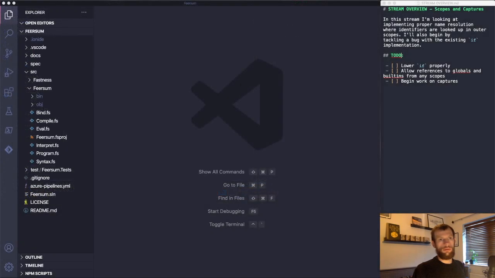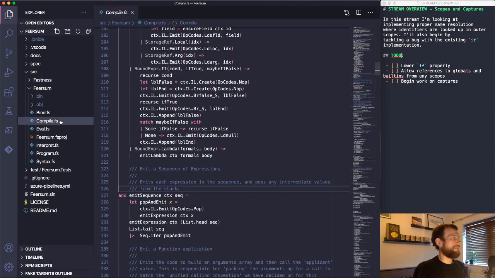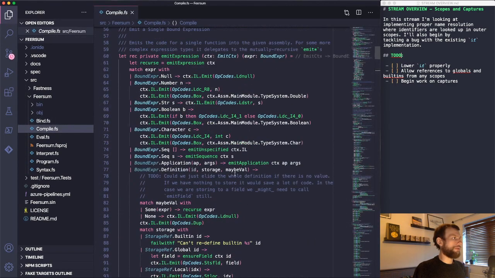So let's start by going over what happened in the last stream, and then I'll go over what the plan is for this stream. In the last stream we did some work on built-in functions. So when we bind,